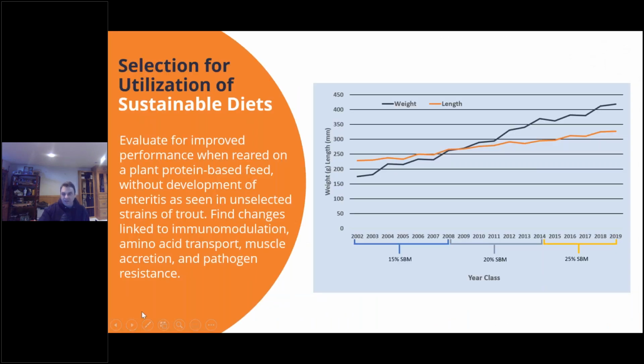Now, we currently maintain 2 lines of selected rainbow trout, and these are selected for utilization of sustainable diets. For those of you not aware, in the past couple decades, most fish have been reared on a diet heavily containing fish meal and fish oil, and these are finite products, and they were utilizing most of them. With the rapid growth of aquaculture,